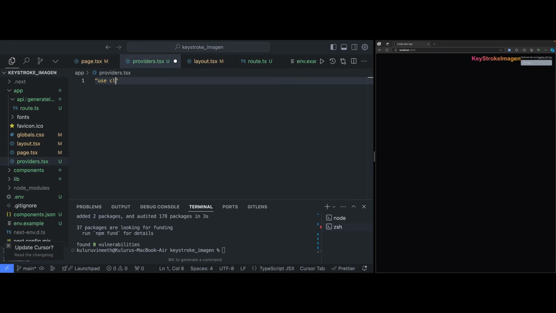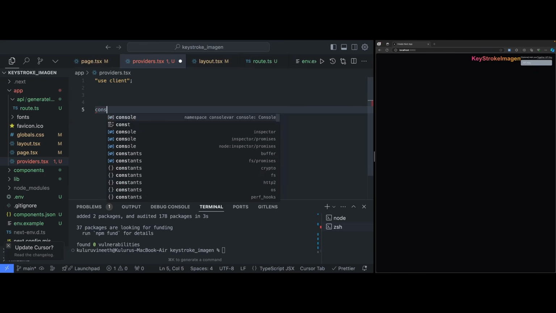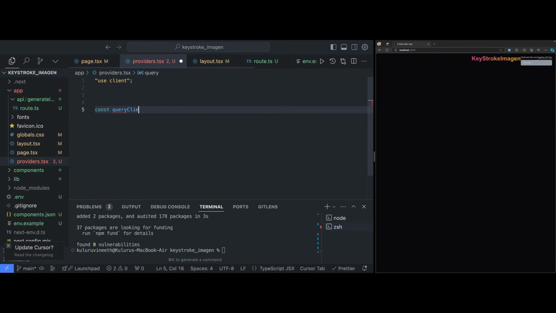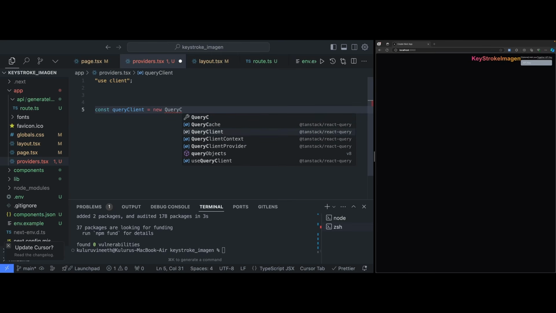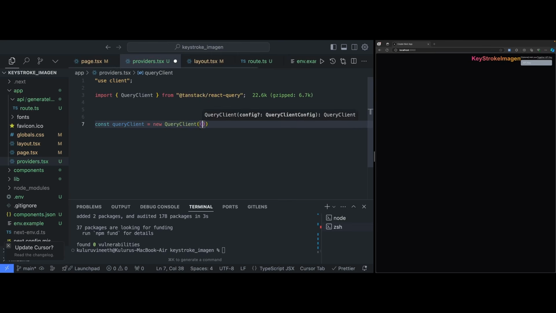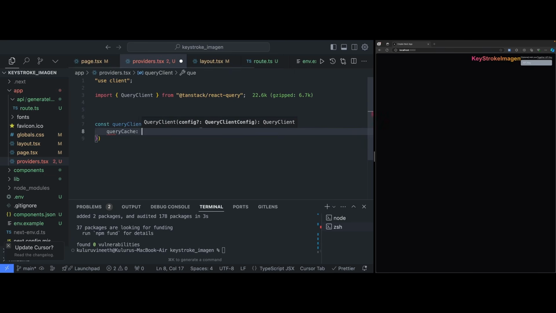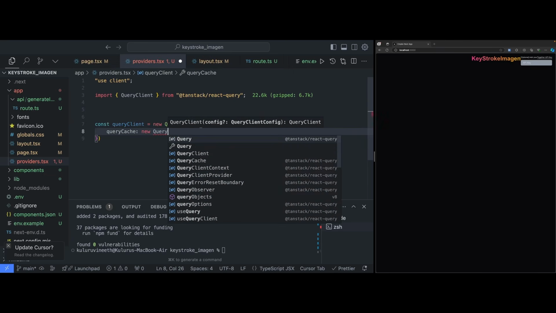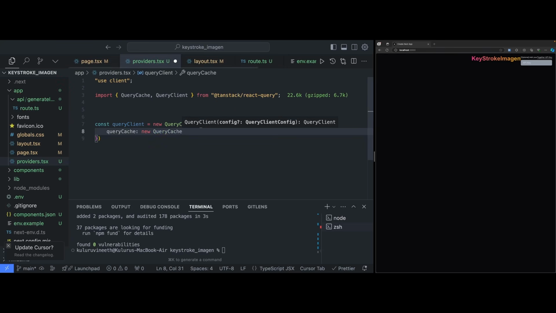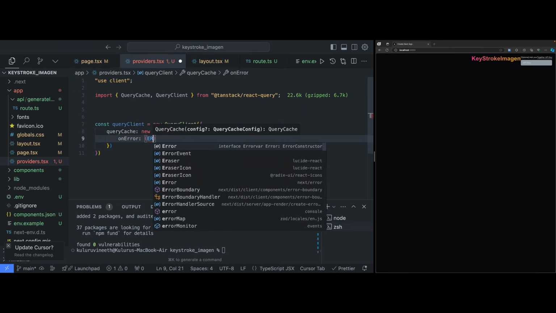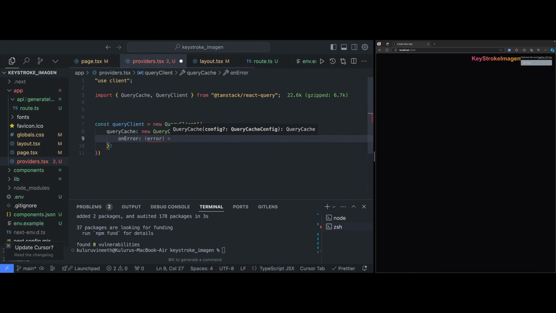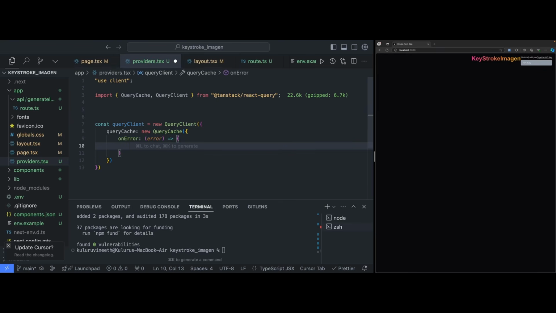So let's make this a client side component, and here let's prepare the query client object, new QueryClient. Okay, and here the cache, I'm just going to set in this onError callback function. So here this error I can just add in